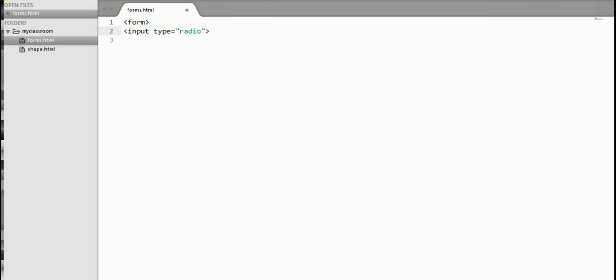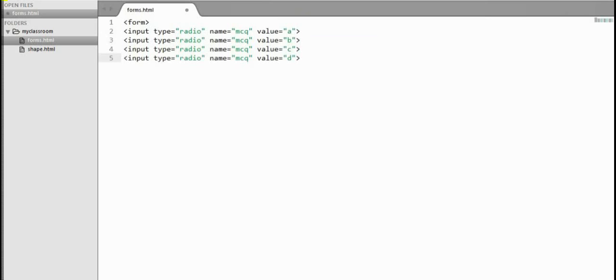So let's create the buttons A, B, C, D and let's see how we can choose any one of the options among those buttons. First of all, I declare a name attribute and under that I type MCQ, and then I give a value, that is for option A. Then I create 3 more radio buttons having values B, C and D. Now